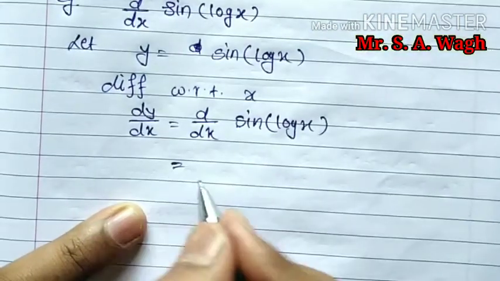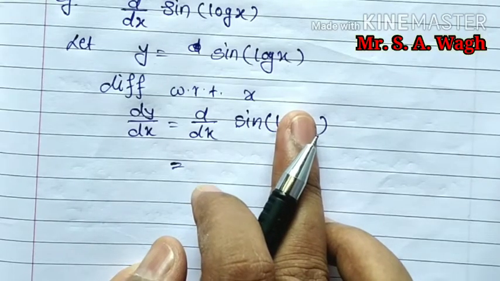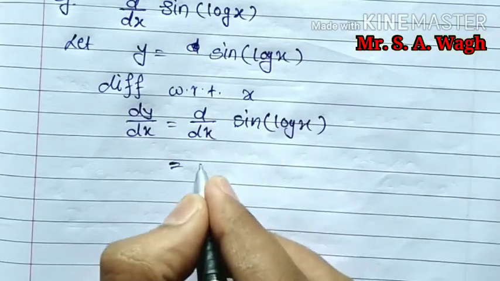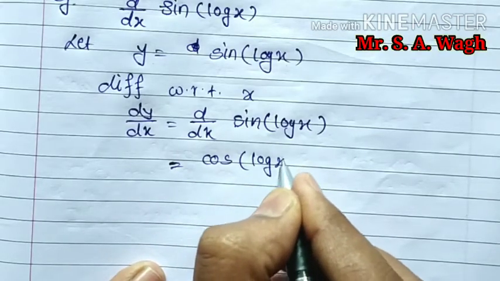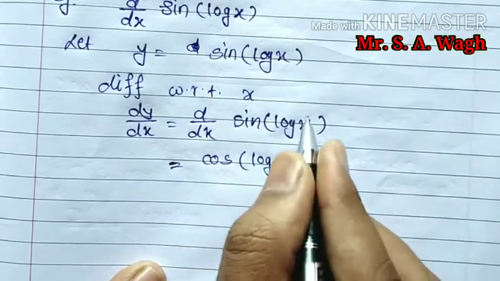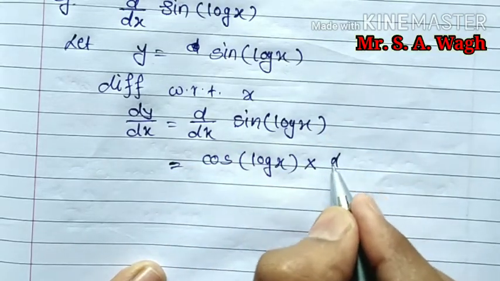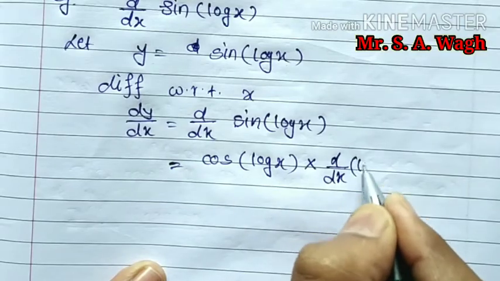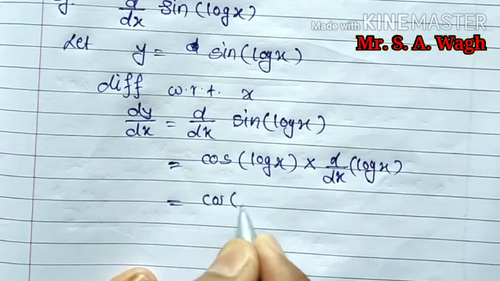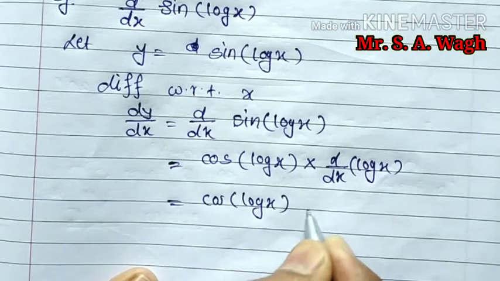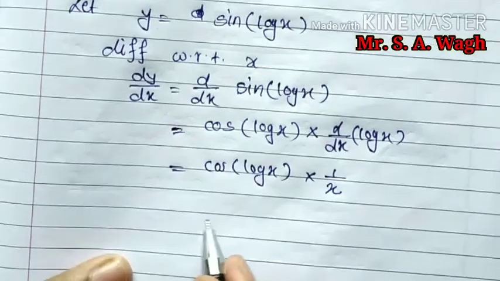Now what will you do? First take the derivative of sine by considering log x as a variable, so the derivative of sine is cos, and we simply write log x as it is, into, now this log x is not a standard variable x, so we differentiate this one more time with respect to x. So this is cos of log of x into, now the derivative of log x is 1 by x,